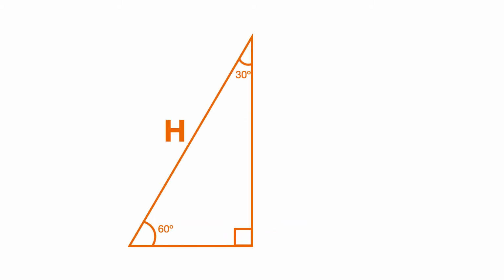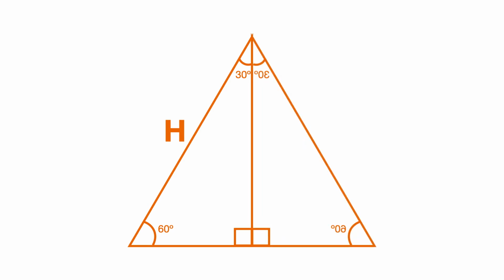We're going to flip the whole triangle over, like this, right? So they're exactly the same angles, even the numbers are flipped. So we know that the two bottom angles are 60. The top angle is 30 degrees plus 30 degrees, which is going to be, well, 60 degrees. Now we know that we're dealing with